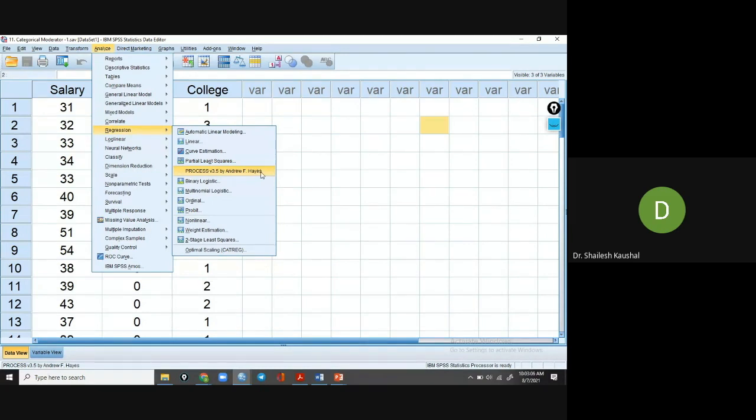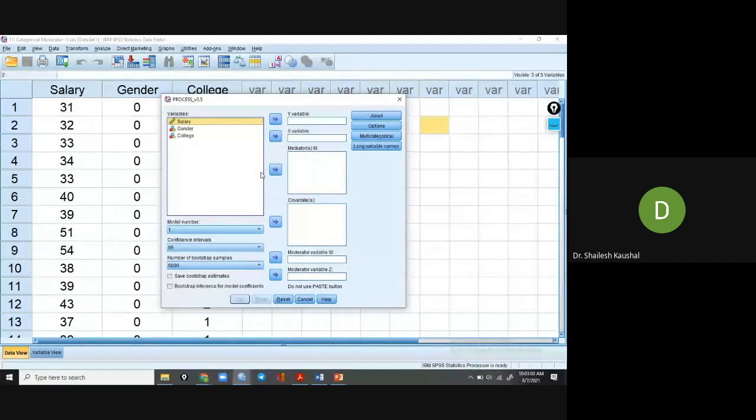I'm just pressing it, and after pressing it, salary is the dependent variable. This software is basically useful for moderation and mediation. X is the independent variable, so I am transferring gender into the independent variable, and the moderator variable is police.